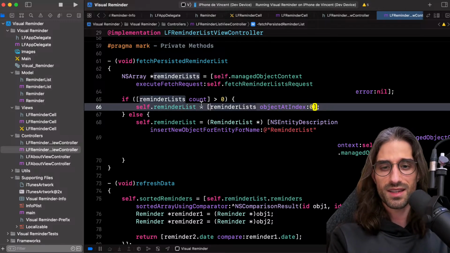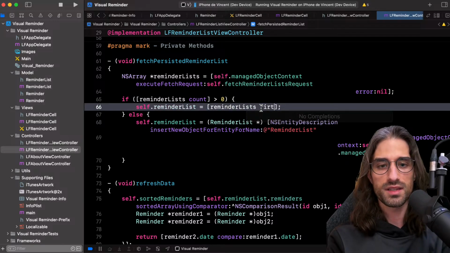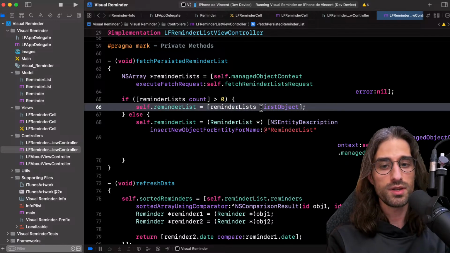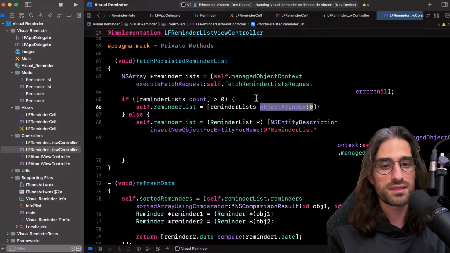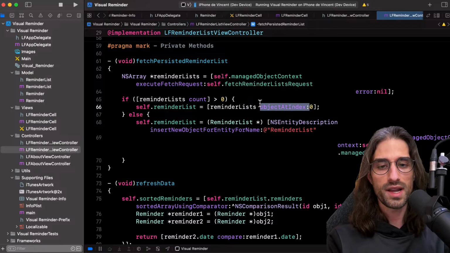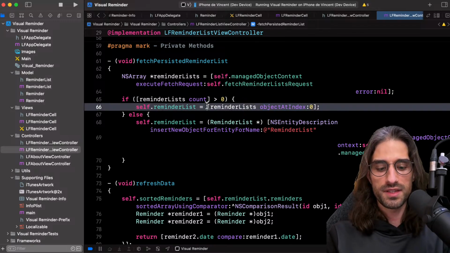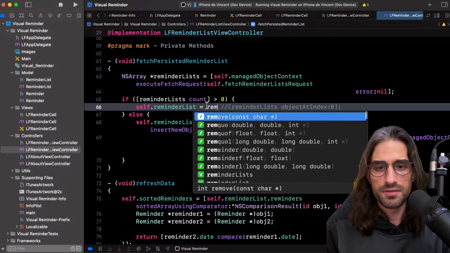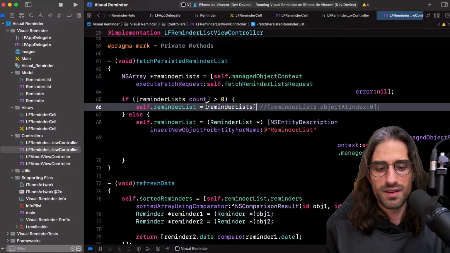And so we get the one at index 0, because I think there was firstObject. I could have used that one. And also, yes, back then you would do objectAtIndex 0. They added a syntax afterwards to be able to do something like this. So like that.